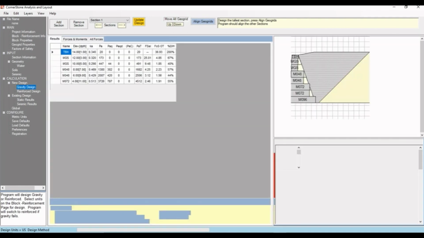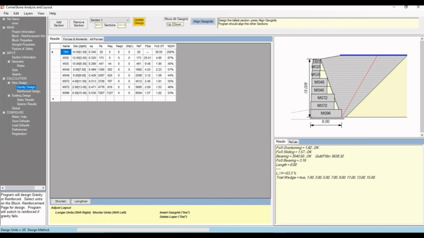If we go down and hit gravity design, that'll actually create a cross-section for a gravity wall. We can see our units, our wall height and wall depth, the toe slope, back slope, and live load in blue. We can see that 45 degree angle of excavation with our hatched select fill, and the leveling pad below the wall. For the units we have MGS for MagnumStone standard block, TBH is a top block half-high block,